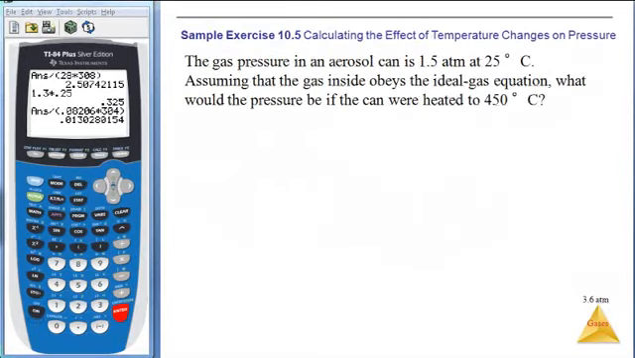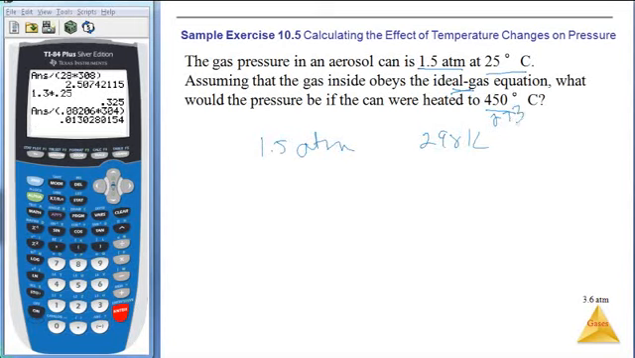A gas pressure in an aerosol can is 1.5 atm at 25 C. Assuming the gas inside obeys the ideal gas equation, what would the pressure be if we heated the can to 450 C? It talks about the ideal gas equation, but in fact that's not really what you need here. What we have is a change in conditions. We're starting at 1.5 atm at 25 degrees C, which is 298 K, and we are heating it up to 450 C, which is